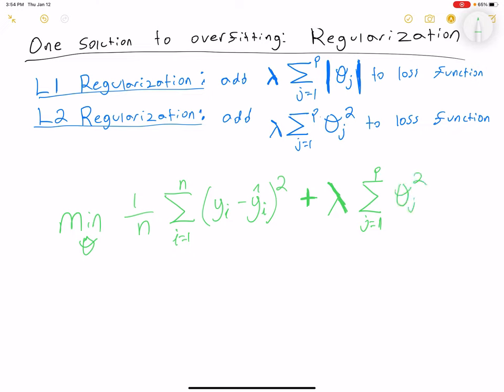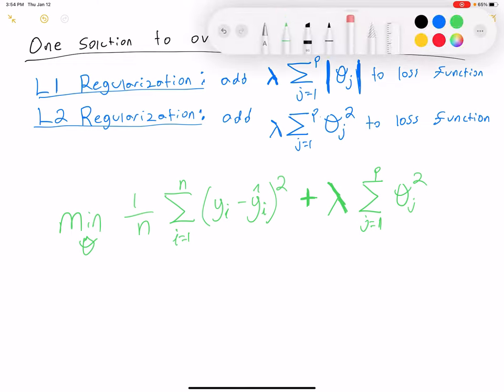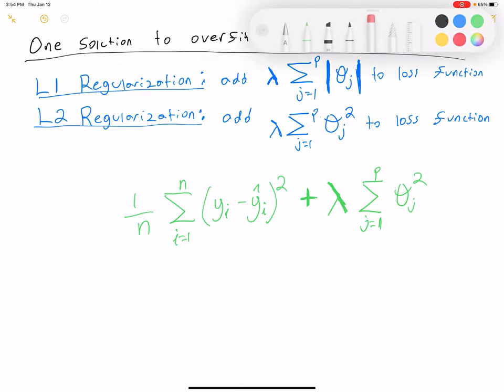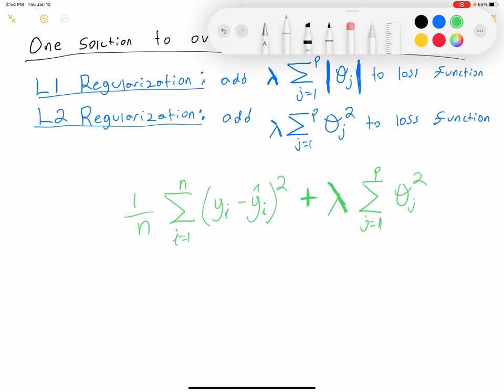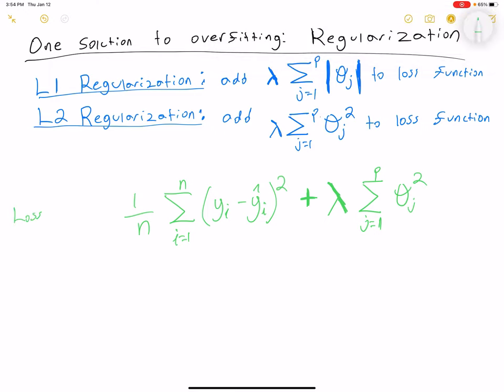So now this is our loss function. So the loss function with L2 regularization is this,